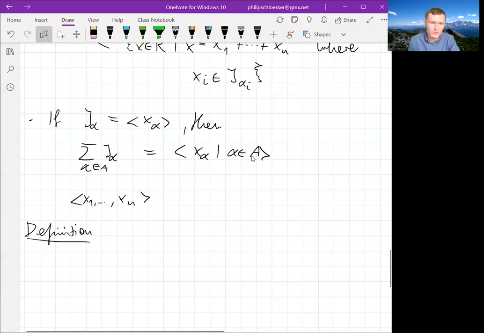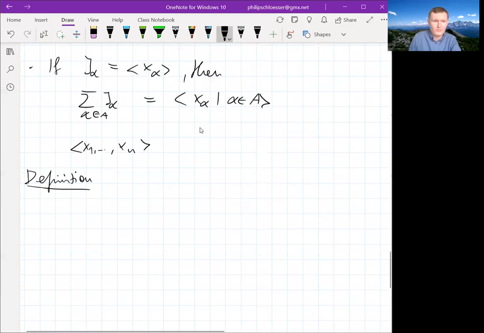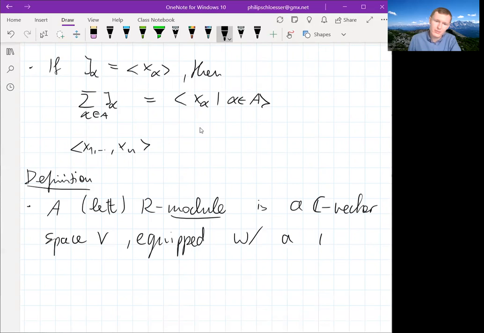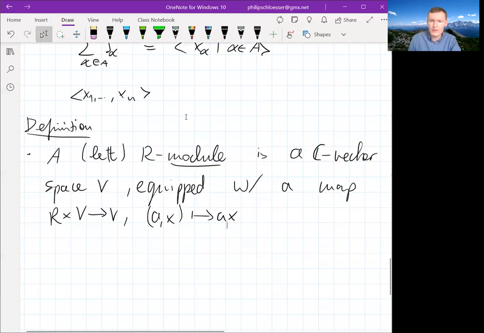And now for the, I guess, more central definition. Again, we have a C algebra, and then the left module is a C vector space V equipped with a map from R times V to V, which we will again just denote by multiplication or by juxtaposition, I guess. Such that